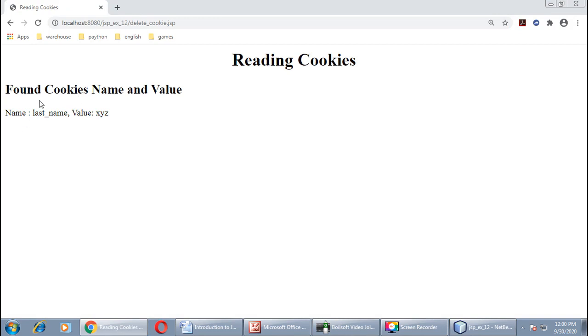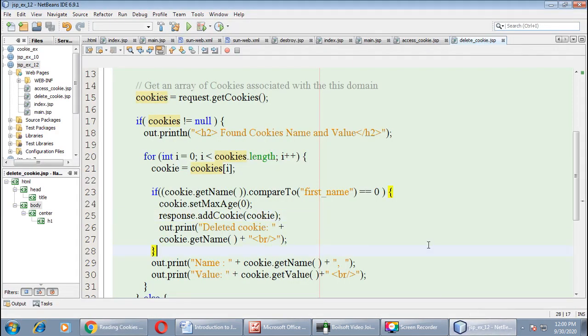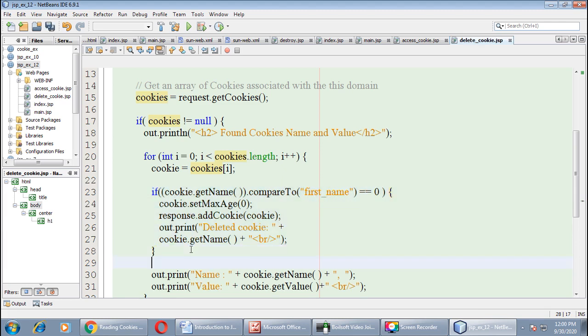In the same way you can delete even the second cookie. Do some changes in your existing program. Here you can insert one more if condition for finding the second cookie.